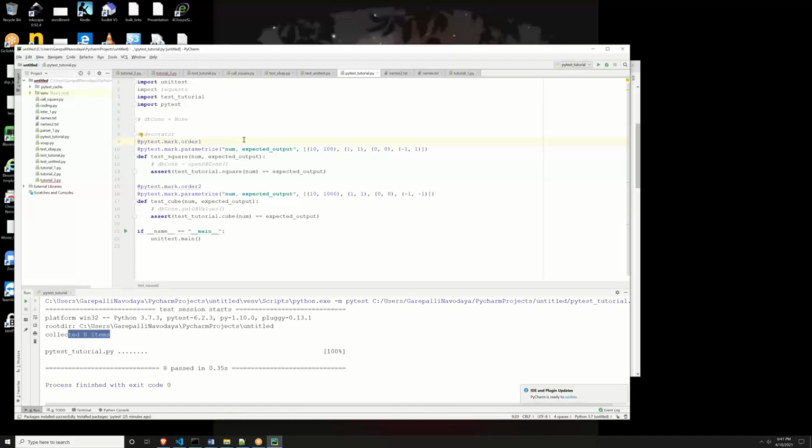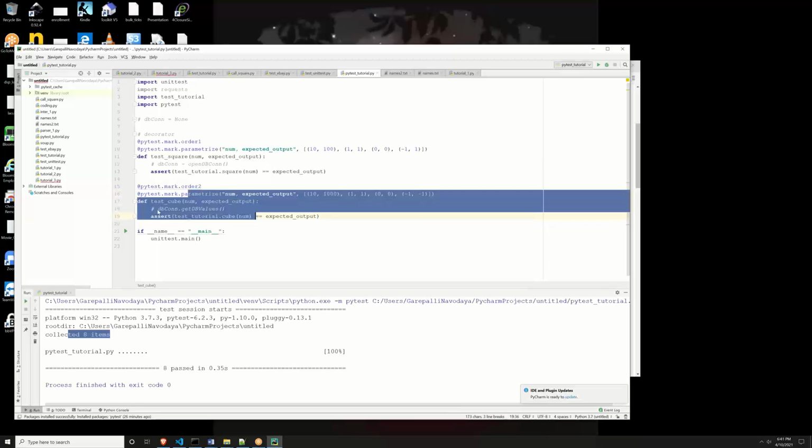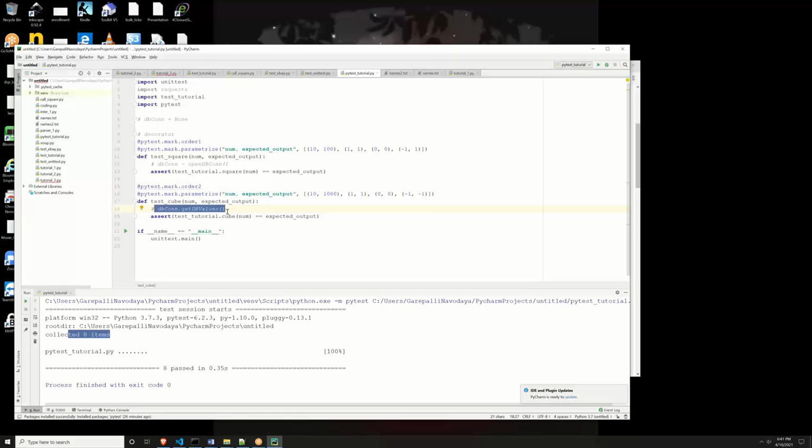Okay. So here what we did is I'm saying that, hey, Pytest, when you decide to run multiple things in parallel, make sure you run this first and then you run this second. Because if this guy runs first, it will try to use the database connection. It will try to access, but the database connection will be none. So it will fail. So you want a certain order when the test cases are executing. Or if both of them can run in parallel, you don't need to put that. So if I run this now,